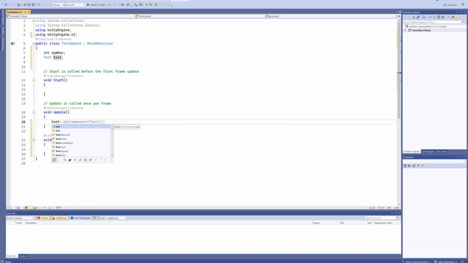And we'll say text dot, and now we get all of the possible things that we can do with a text variable. So you can see there's a lot of different things here, and you can just look through this if you're interested, but really what we're looking for is just the text. So text.text, which is the string that it will display, is equal to,